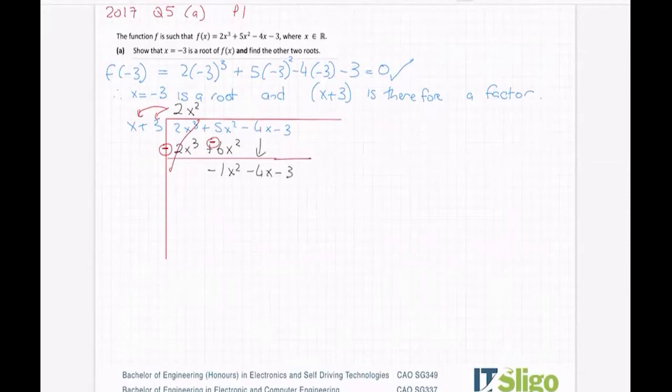Okay, so what must I multiply by x to bring it up to minus 1x squared? Well, I definitely need a minus sign and I need another x. Okay, you can put the 1 up there if you want. And then you multiply that minus x by everything on the outside again. So minus x by x is minus x squared. Minus x by plus 3 is minus 3x. Okay, put a line under it, subtract them to get the remainder. So the net effect of that is you change the sign because minus minus is a plus, minus minus is a plus. And you'll find that the x squared terms should cancel here if you're right,